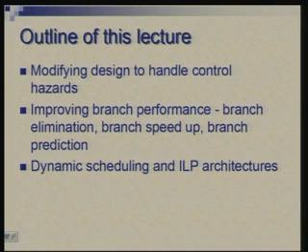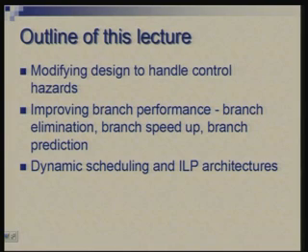We would look at the possibility of eliminating branches altogether in some special cases, or trying to speed up the execution of branches, or introduce something called prediction of branch. So, you do branch prediction and try to take action accordingly. Finally, I will make a brief mention about dynamic scheduling, which is used for instruction level parallel architecture, and that is another way which is used to keep the pipeline full in view of branch hazards and data hazards.